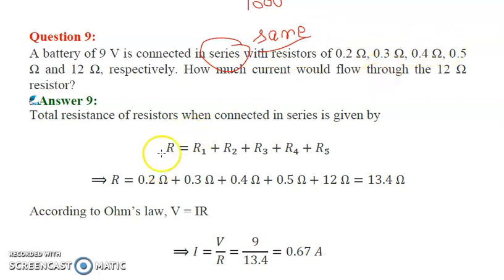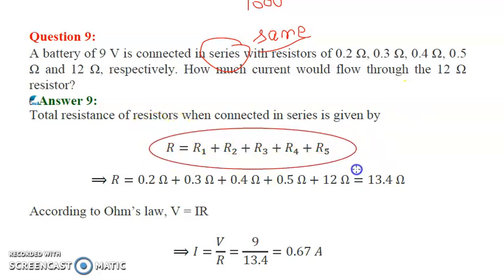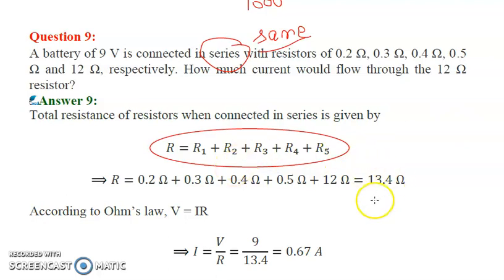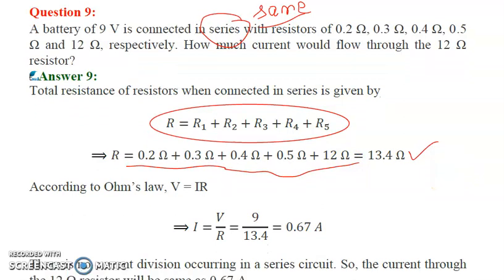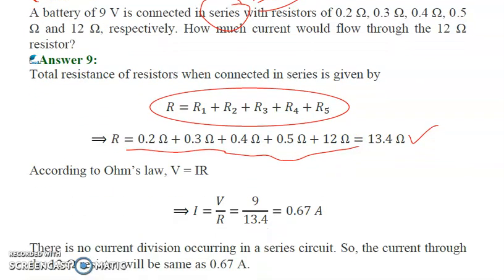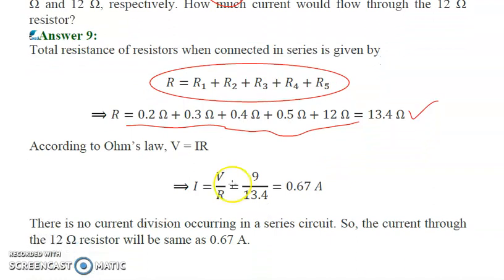So what we'll do is we'll firstly calculate the equivalent resistance by applying the formula for series combination, which is given by Rs is equal to R1 plus R2 plus R3. We will simply add these 5 resistances and total resistance of the circuit will be 13.4. Okay. Then we'll apply Ohm's law, which suggests V is equal to IR and I would be V by R, of course. Voltage has been given to us in this question as 9 volt and resistance we have already calculated as 13.4 ohms. So this will be the current.